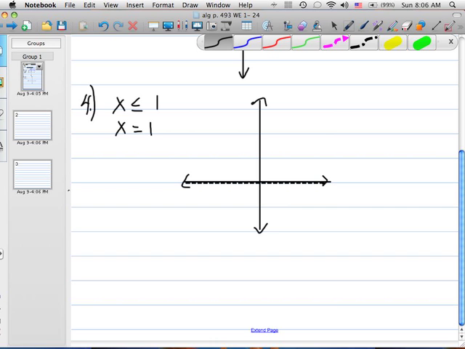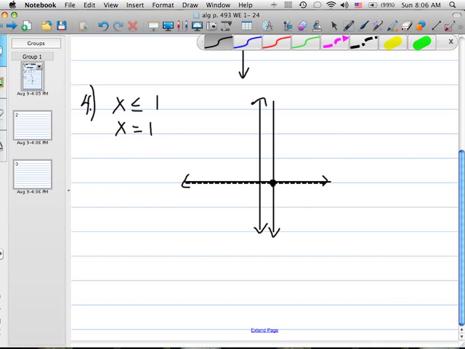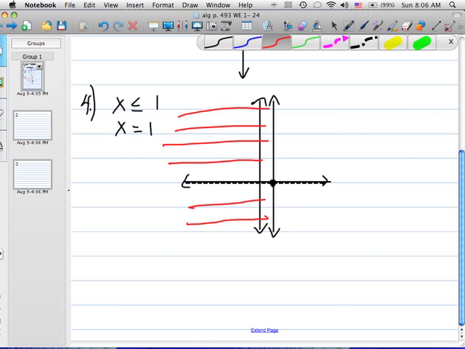And find 0, 1 on my number line. And I know the line's going to go through that. It's going to be everywhere that x is 1, which is a vertical line, and it's going to be solid since it says less than or equal to 1. So I draw a solid line. And it says we want everything less than or equal to 1, so we would be shading to the left. So any ordered pair to the left, and including the line itself, would have an x value less than or equal to